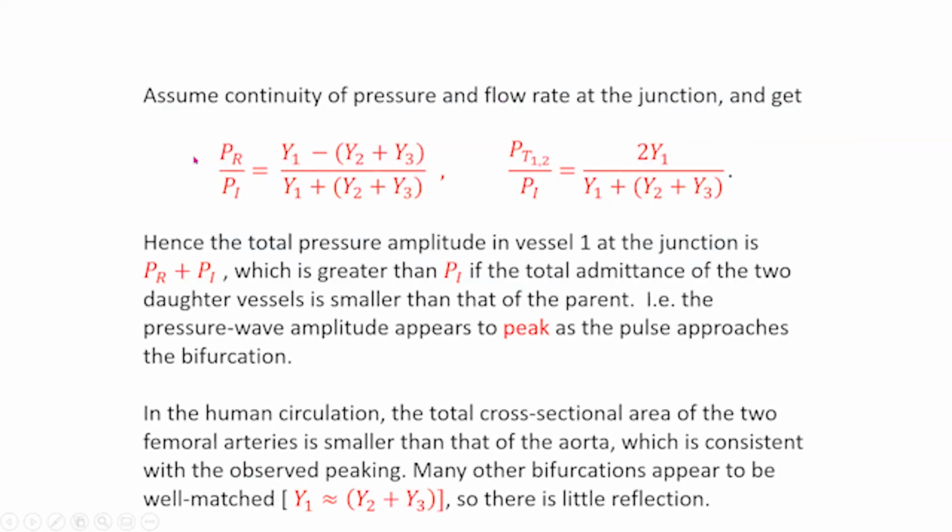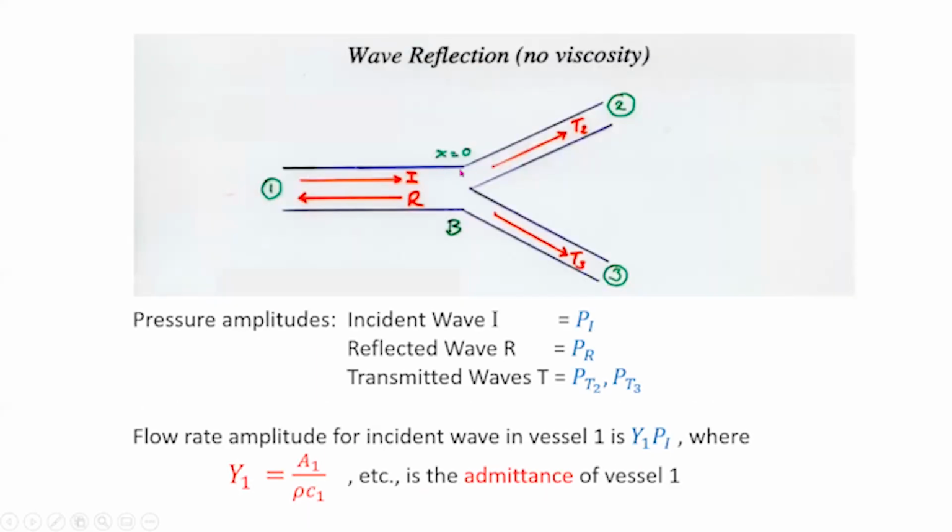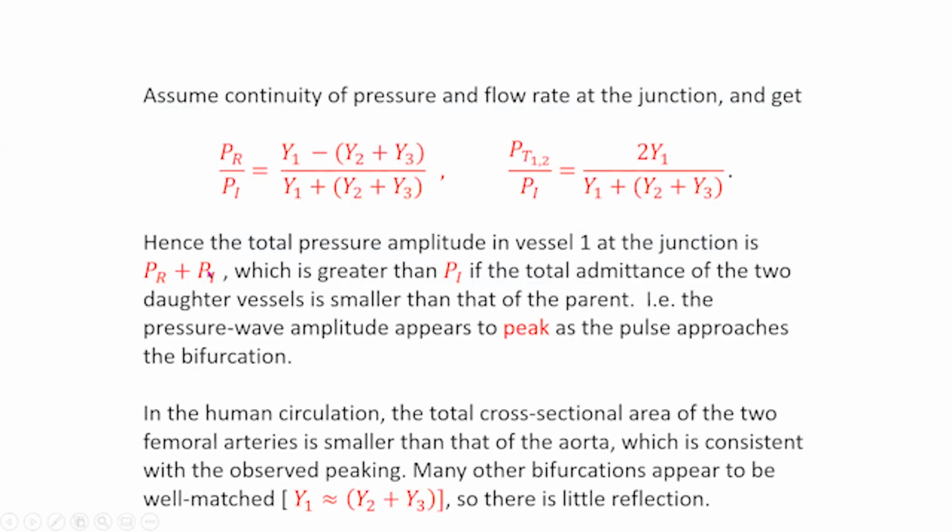And when you do all that, you get a prediction of the reflected amplitude to the incident amplitude given by this formula. The total amplitude at the bifurcation in tube 1 will be the sum of the amplitude of the incident and the reflected wave, which will be greater than the amplitude of the incident wave if the total admittance of the two daughter tubes is smaller than that of the parent. So the pressure wave amplitude would appear to peak as the pulse approaches the bifurcation,